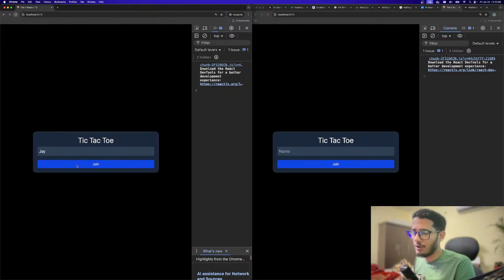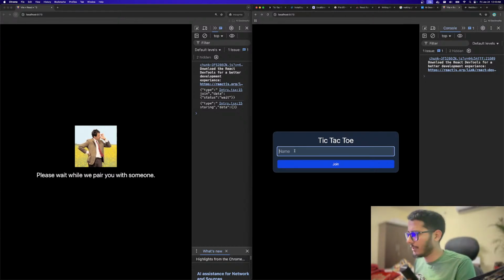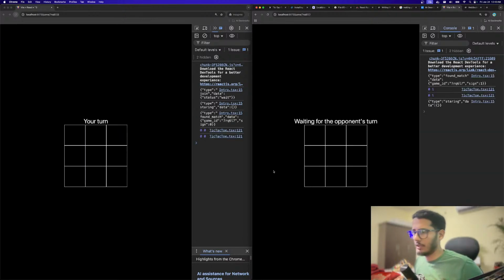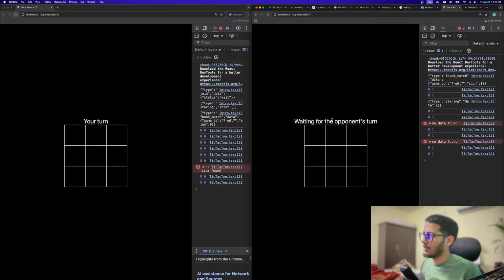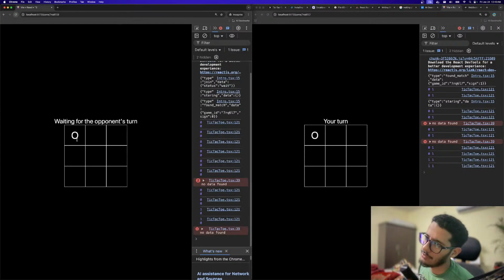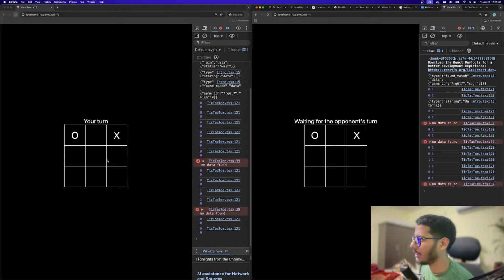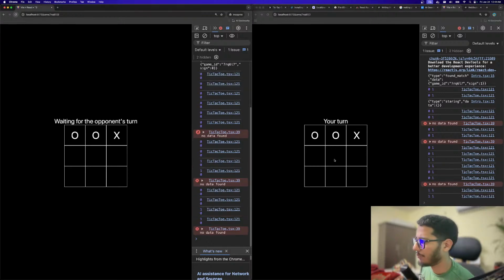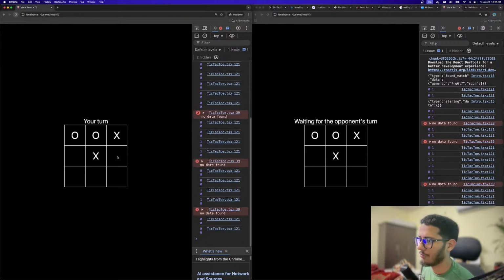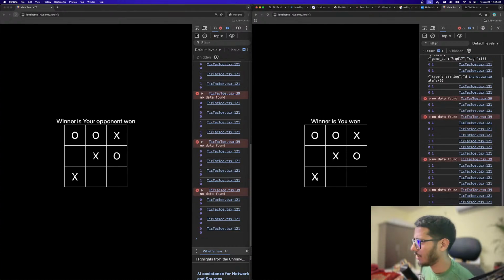Okay, so I'll just join as Jay, and then Jay is waiting, and I can just join as probably like Rohit, and I can play now. So this is my turn over here, and this is opponent's turn over here. So currently I'll be playing 0, right? And then my opponent plays, let's say, an X over here, probably over here, and then we can play a 0 over here, and my opponent plays an X over here. I play a 0 over here. My opponent plays X over here, and the